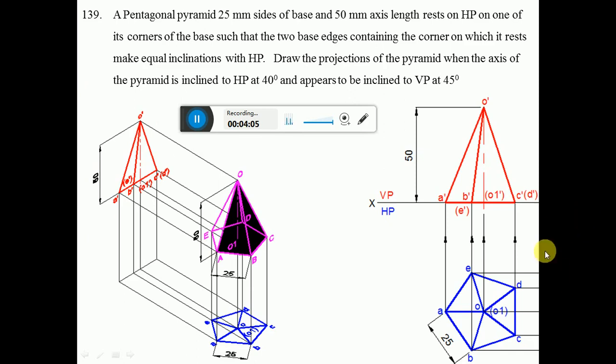Now we will write it in our orthographic view. First you consider a pentagon such that one of the base edges is perpendicular to VP, and you measure 25 mm here and mark this line. Then by using the protractor you measure an angle of 108 degrees, the included angle with respect to CD, and then draw a line. Similarly, with D as center, by using the protractor measure an included angle of 108 degrees and then draw a line. Then with C as center,